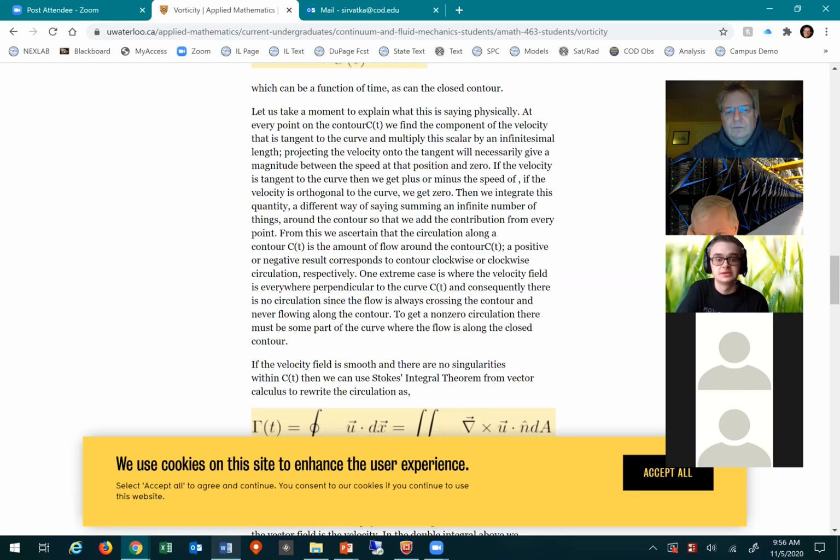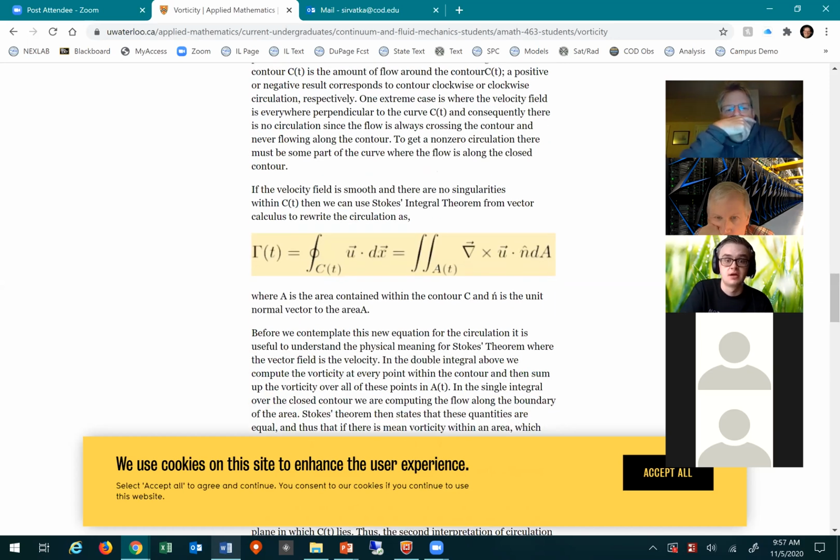From this, we ascertain that the circulation along the contour C of t is the amount of flow around the contour C of t, a positive or negative result corresponding to counterclockwise or clockwise circulation respectively. Counterclockwise or clockwise? Okay. One extreme case is where the velocity field is everywhere perpendicular to the curve C of t, and consequently there is no circulation since the flow is always crossing the contour and never flowing along the contour. To get a non-zero circulation, there must be some part of the curve where the flow is along the closed contour. If the velocity is smooth and there are no singularities within C of t, then we use the Stokes integral theorem from vector calculus to rewrite the circulation as